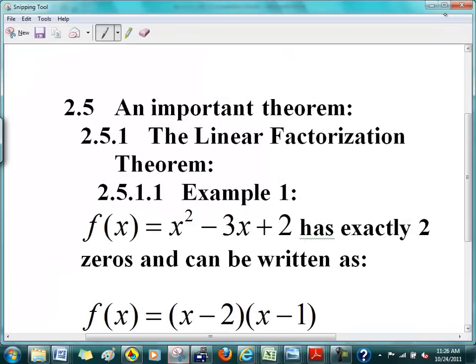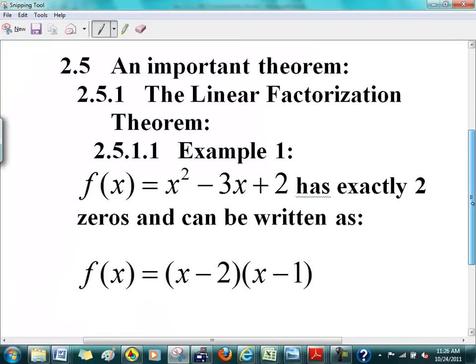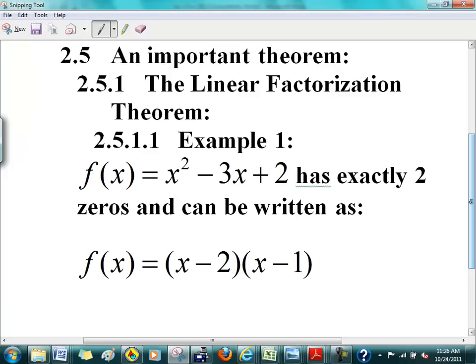And as I'm saying, we've used this before. So today is just a formal introduction, with the actual words in the theorem and so on. What the linear factorization theorem tells you is that if you've got a polynomial like this one here,